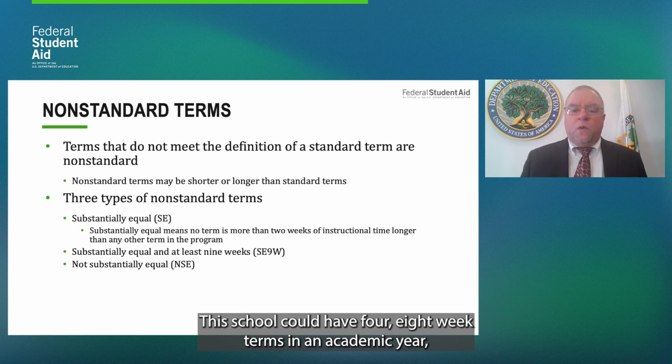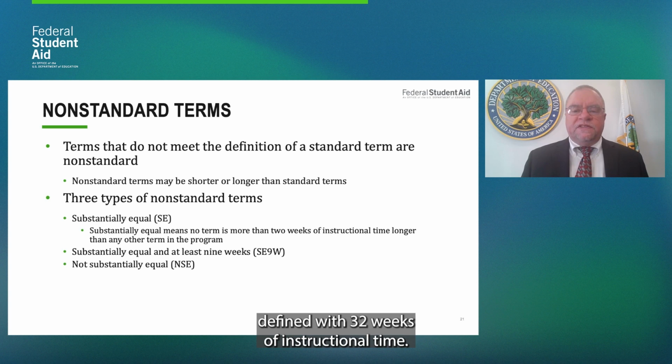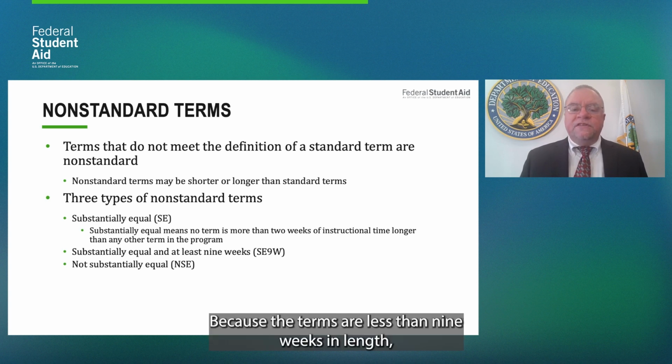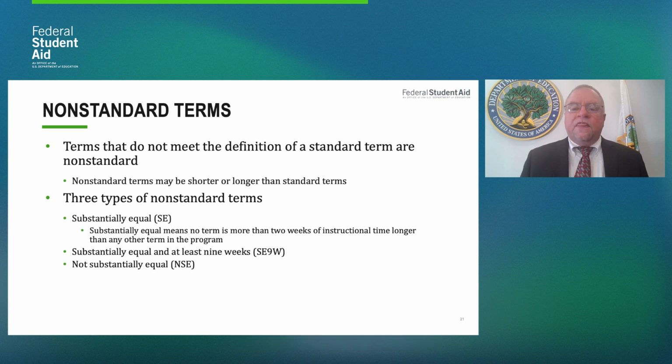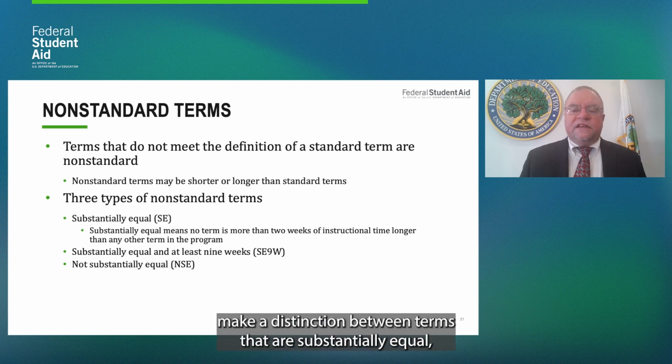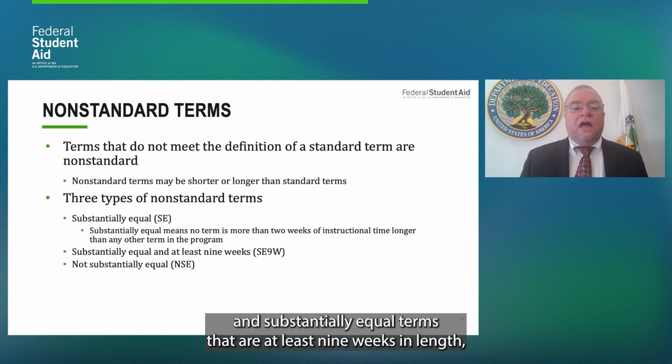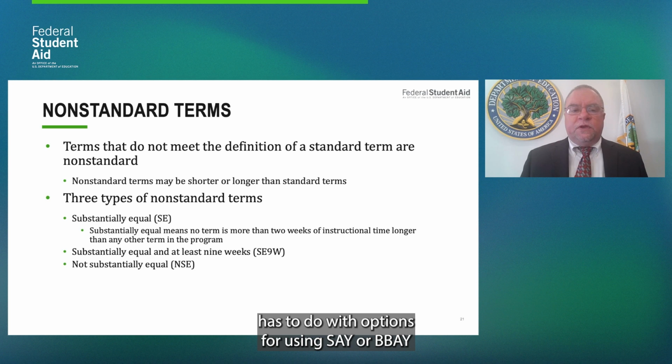This school could have 4 8-week terms in an academic year defined with 32 weeks of instructional time. Because the terms are less than 9 weeks in length, they do not meet the definition of a standard quarter. However, because they are substantially equal in length, the term is the payment period. The reason that we make a distinction between terms that are substantially equal and substantially equal terms that are at least 9 weeks in length has to do with the options for using SAY or BBAY for direct loans, which